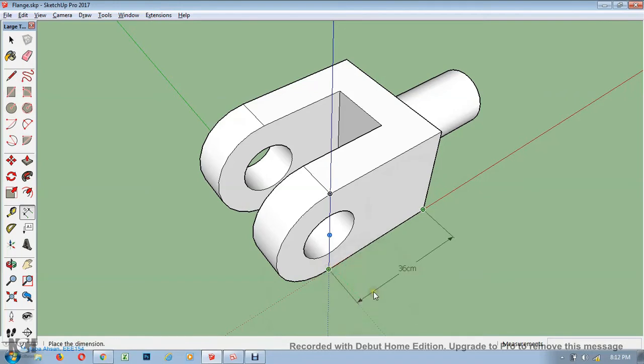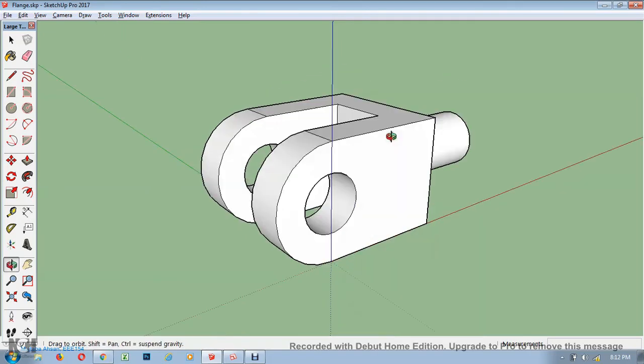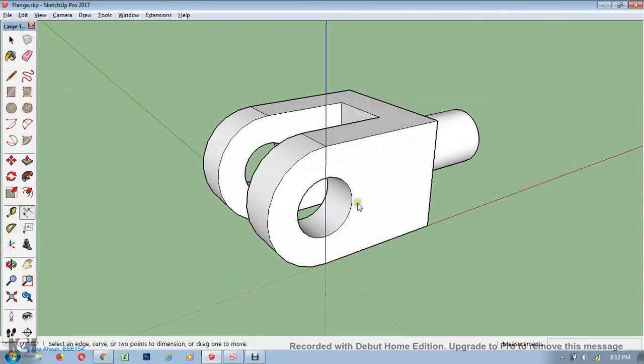So here it's 36, and the diameter, if you look at this one, the diameter is 16 centimeters for the smaller circle, and for this one the diameter is 16 centimeters. This one, the diameter is 16. Here the height of this object is 32 centimeters, and the distance from here to the end is 36,